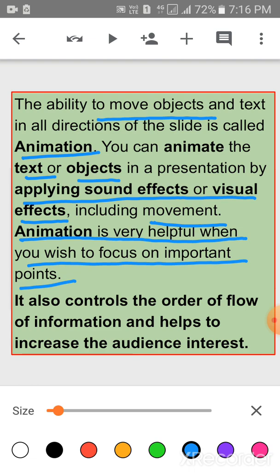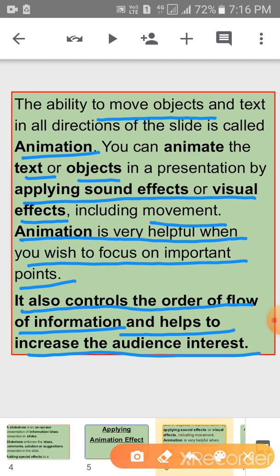It also controls the order of flow of information and helps to increase the audience interest. So animation is a very important thing whenever you are making a presentation. It makes your presentation attractive.